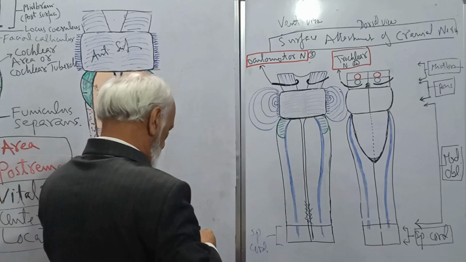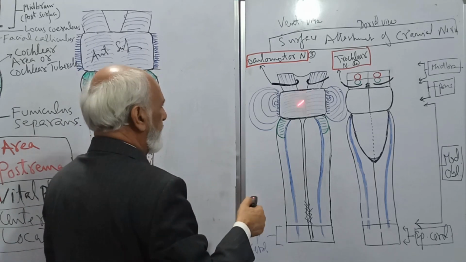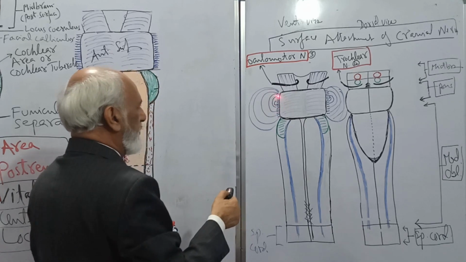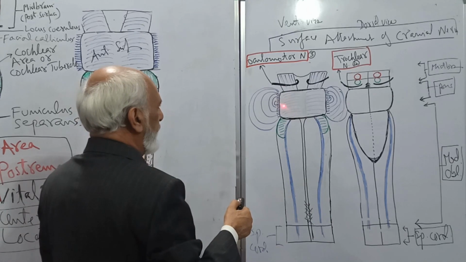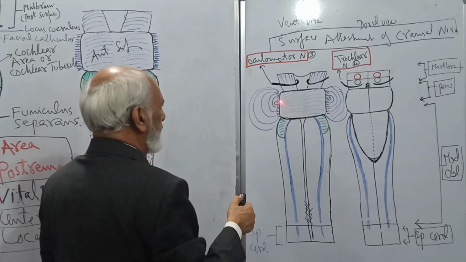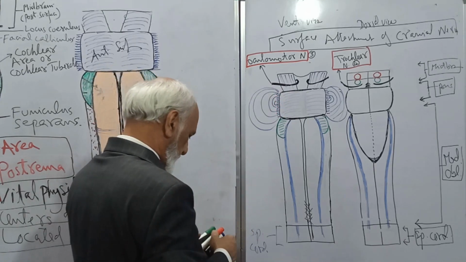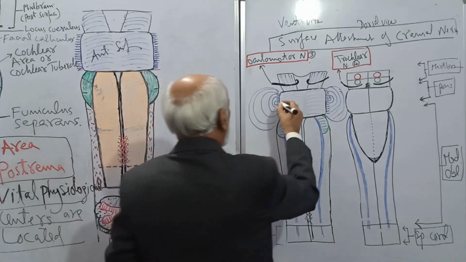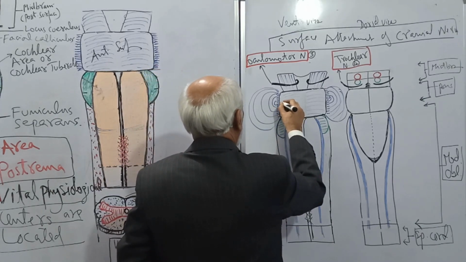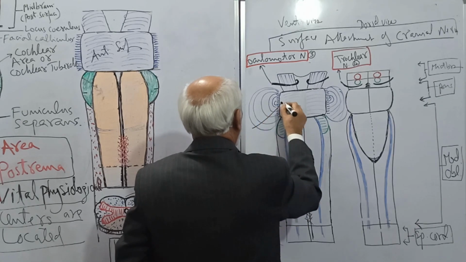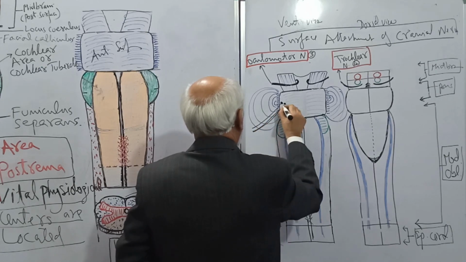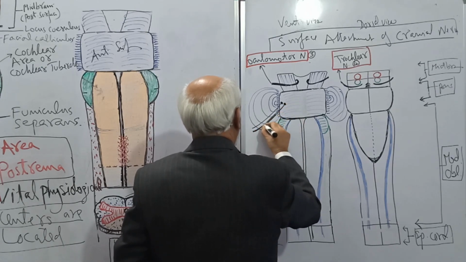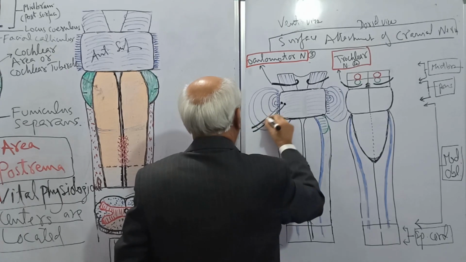Next, this is the anterior surface of the pons. Then middle cerebellar peduncle, right cerebellar hemisphere, left cerebellar hemisphere. So, the fifth nerve, trigeminal nerve, arises from the ventral surface of the pons, close to the middle cerebellar peduncle, by two roots, sensory root and motor root. Sensory root is the lateral root, and motor root is the medial one. This is the fifth cranial nerve, trigeminal nerve.